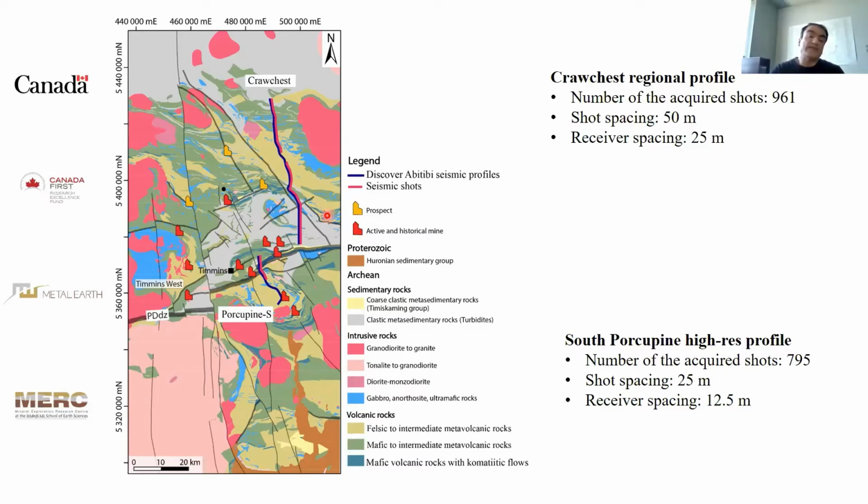So a special thanks to Dr. Gilles Bellefleur from GSC, who retrieved the data for us. And in the Kidd-Munro data, you can see those red lines show the shot line. There is a gap in the shot line, again, because of logistic reasons. And I would like to see, is there any similarity between the Timmins area around Kidd-Munro and South Porcupine and the Matheson